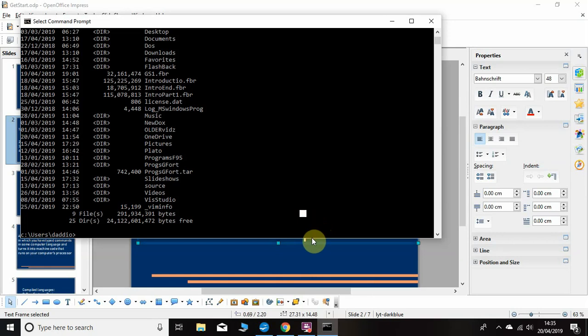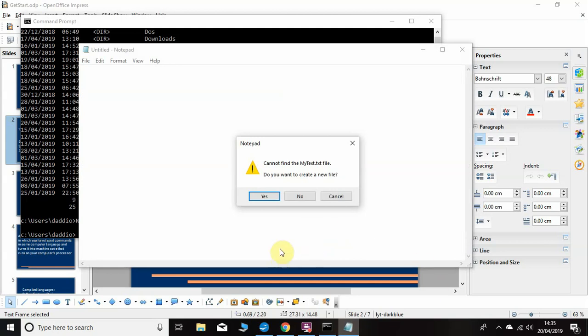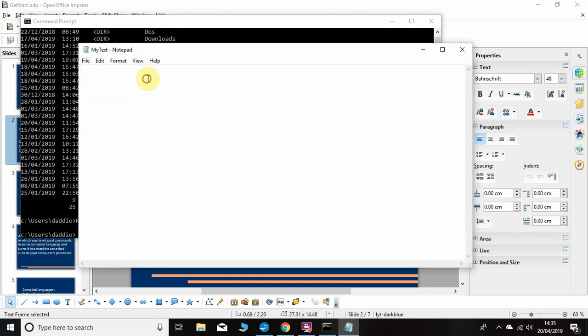Now you need a plain text editor and a notepad. I'll just do notepad mytext.txt. .txt is the standard extension for a text file. Now it says it can't find mytext.txt. Do I want to create a new file? And I can do yes, and I can type in this is my text,